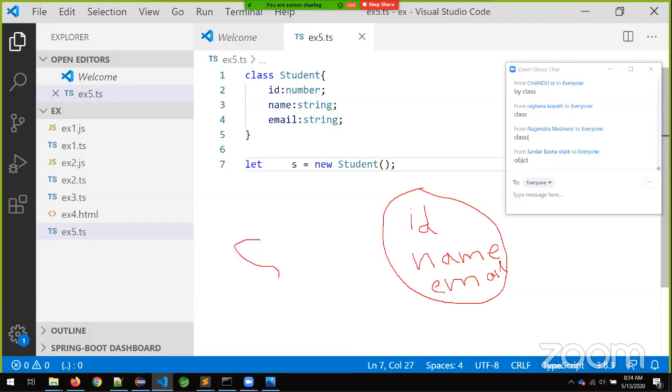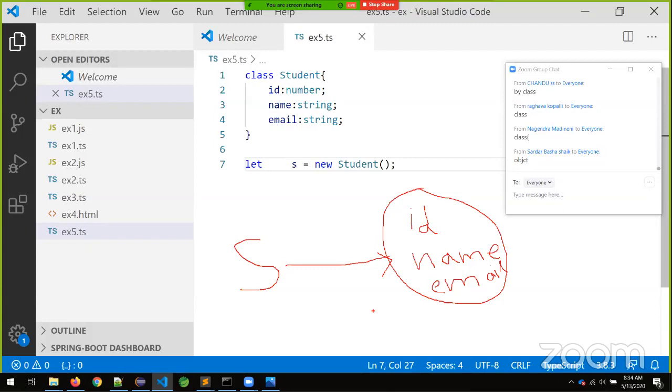And what is the one we are having? S. So this is the internal representation. Now S represents the memory which is available in the RAM.